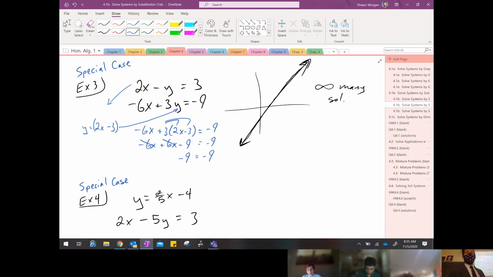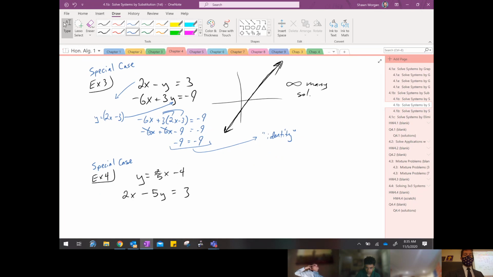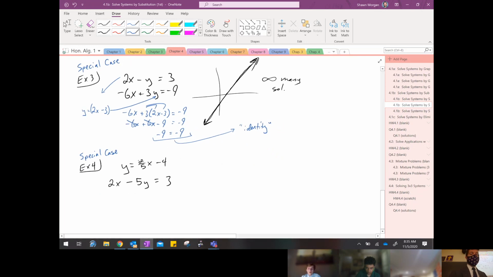If you get an identity, not a contradiction, that's going to be where there's infinitely many solutions. This is called an identity because it is true no matter what. Whereas if you get a contradiction, all right, look at the last example here. Now, thankfully we've already got